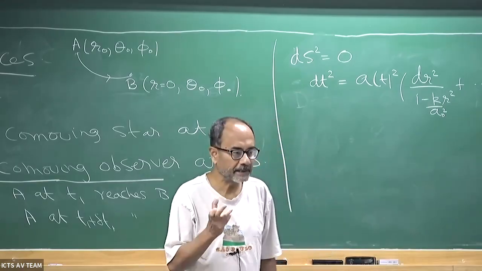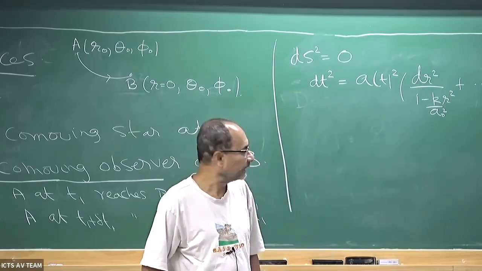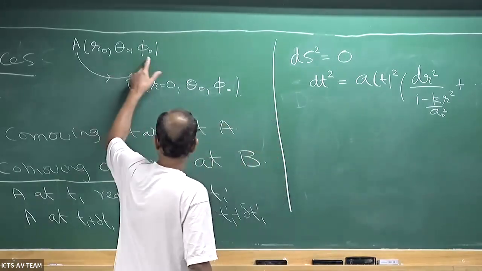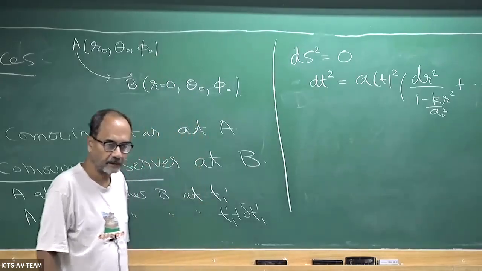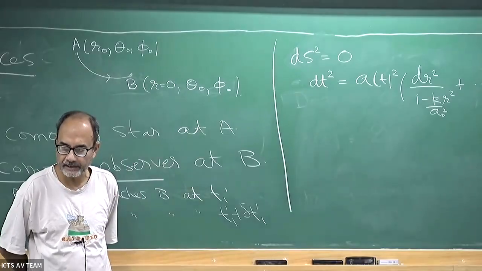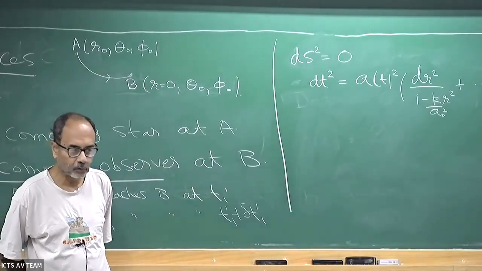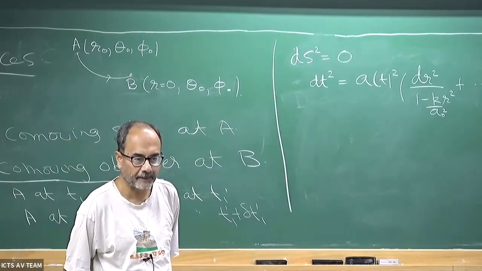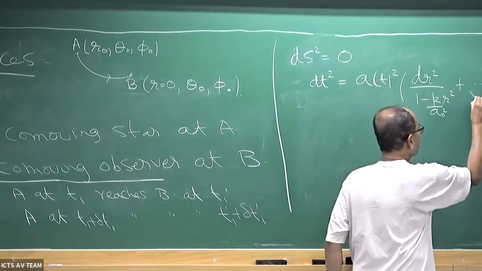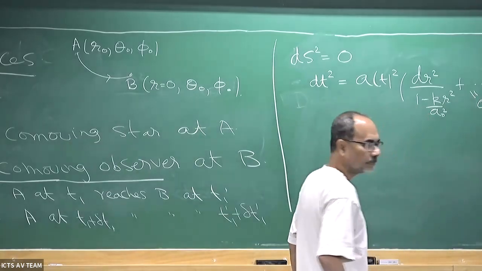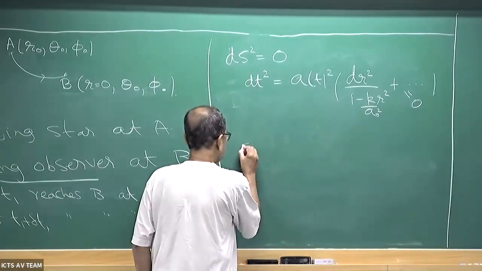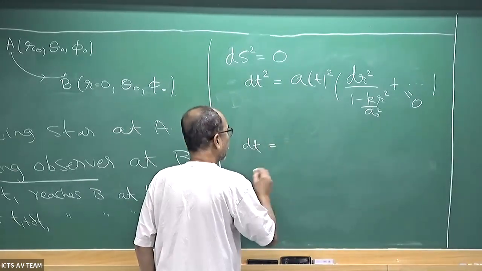So just from this symmetry, you can argue that the path that light takes will be at constant theta and phi, theta naught and phi naught. We could have taken, for example, theta naught equal to 0, which will correspond to the Z axis. If the source is along the Z axis, then light better come along the Z axis. So this part will be 0. And now we can write dt as